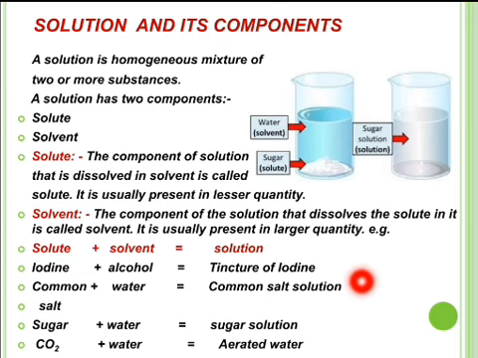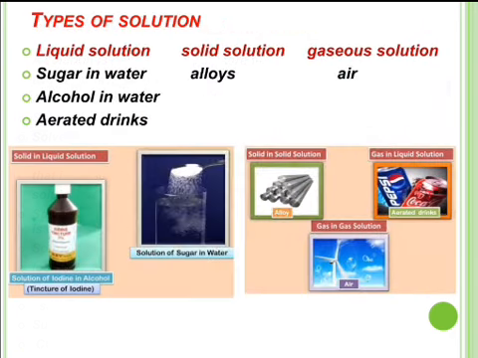Aerated water means gas in water. And which gas is taken? That is carbon dioxide, because carbon dioxide is more soluble in water. So carbon dioxide is a solute, water is solvent, and the solution prepared is aerated water. Again, in the exam you can be asked that some solution names are given and you have to identify the solute and solvent in these types of solutions. Now, let us see the various types of solutions.